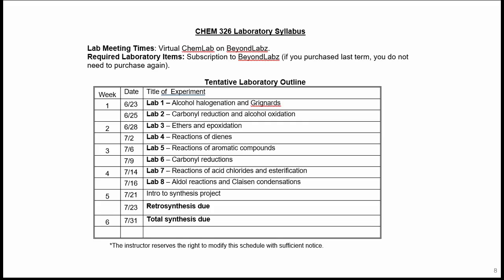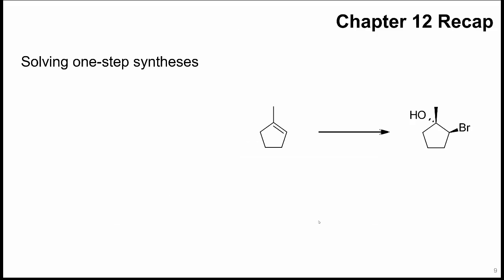So the nice thing about starting this semester with chapter 12 is that it's a synthesis chapter, which is really a review of reactions from last semester. So I'm not going to go through all of the reactions, but we'll look at quite a few of them. And so since we're looking at the synthesis, we can start with solving one-step synthesis. And so for this particular reaction, you want to think about what reactions do we have in our arsenal of reactions